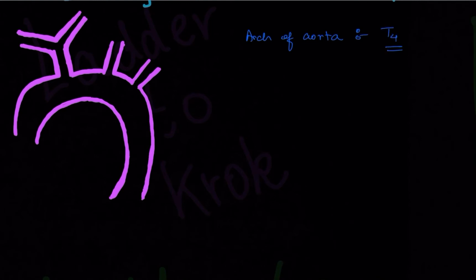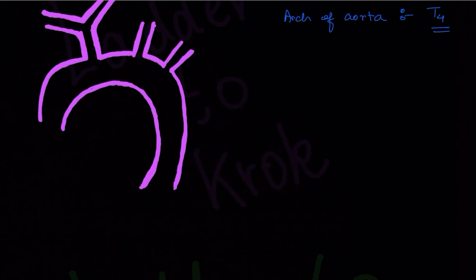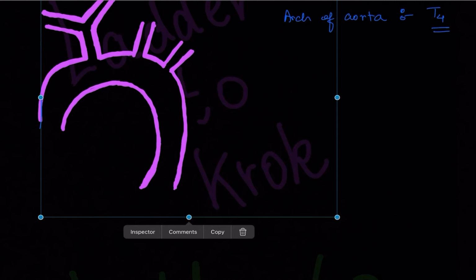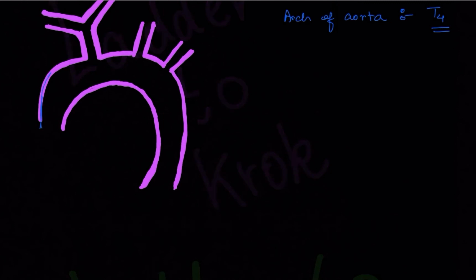It's present at T4 vertebrae that you have to remember. So you have your aorta coming out from the left ventricle, right? It's the main vessel which pumps blood out of the heart to your body. This part which you see is the ascending aorta. Aorta is divided into three main parts: the ascending aorta, the arc of aorta, and the descending aorta. Then comes the arc of aorta, where all these branches are coming out. Then you have this descending aorta, which will go into your abdomen and give the arterial supply to the abdomen.